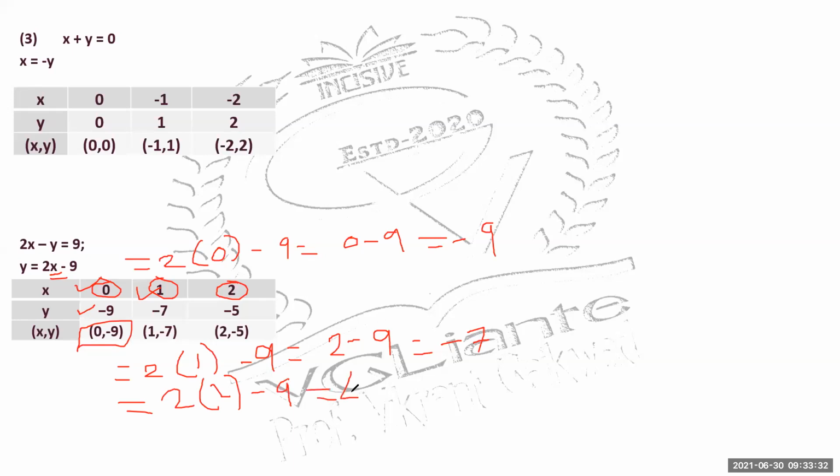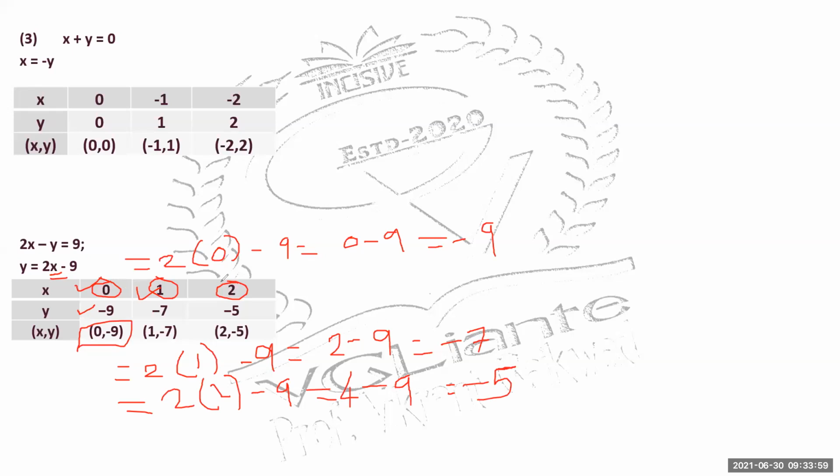So that is equal to 4 minus 9. That is equal to minus 4. See students, I repeat, it is not necessary that the values should be 0, 1, 2. I find these values easy for calculation, so I'm substituting those values. You can substitute any value which you want.